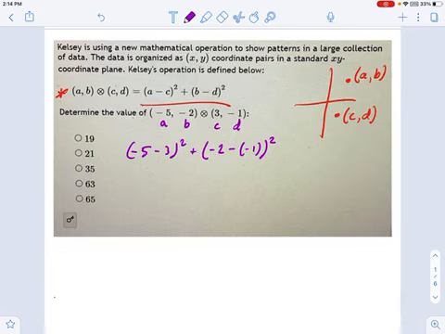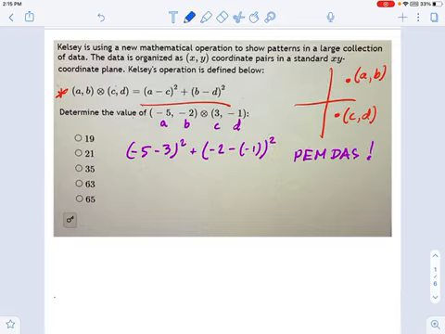Okay, take a look at what I just wrote. Convince yourself that it's true, because there's a lot of negative signs in here. The only one I think that might cause you some trouble is if you miss that parentheses right there on this negative sign. So mind your parentheses. Now, we have to go in order of operations when we execute this function. So that means parentheses come first, multiplication comes next, division, and so on. And before you can even address this exponent on the outside, see this exponent over here? We need to settle what's inside the parentheses first before we do that exponent.